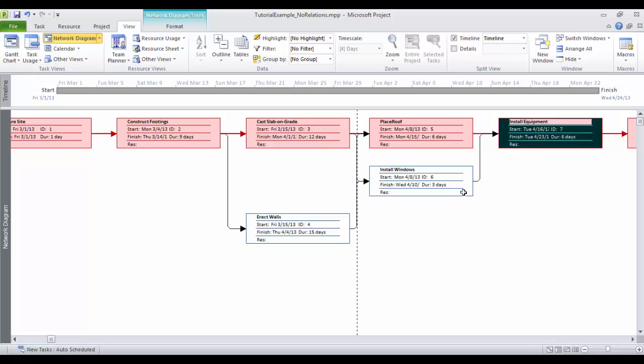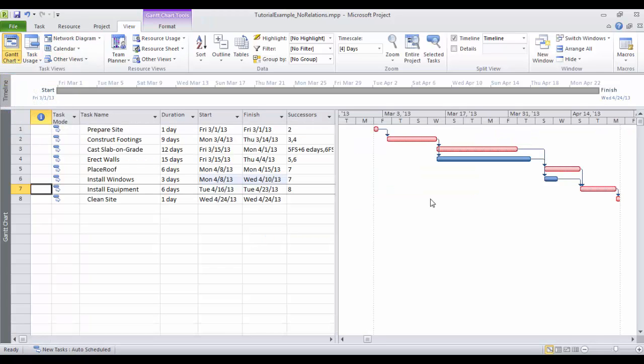And now you see here another view is the activity on node. Other software, called CPM networks, or PERT networks, and Primavera, for example. But it's simply the activity on node with more information, very visual in terms of the relationships, but not as good visually as the bar chart in terms of showing the durations and the start of things. So going back to the Gantt chart,